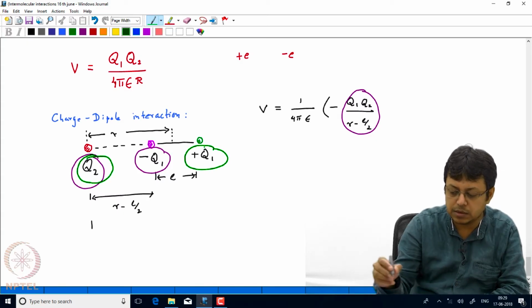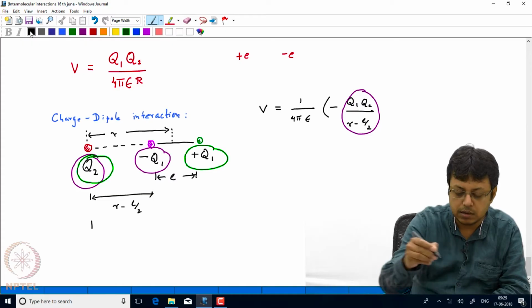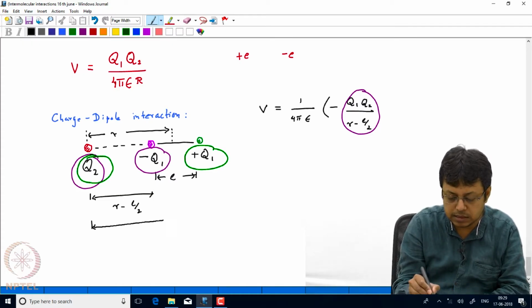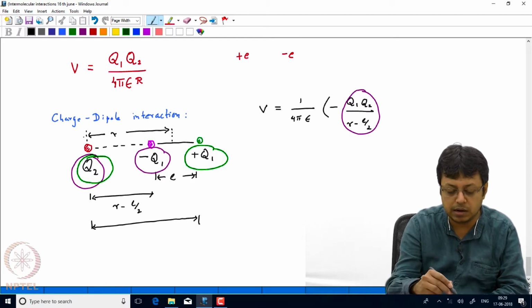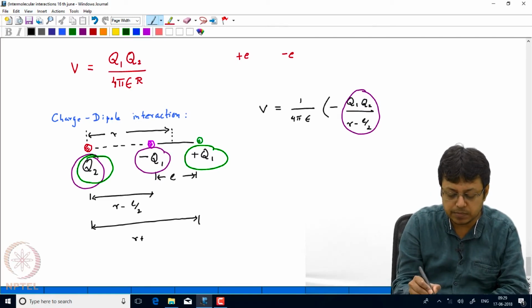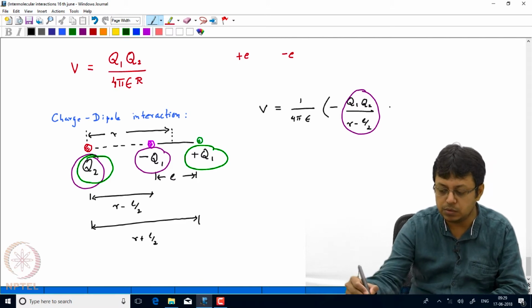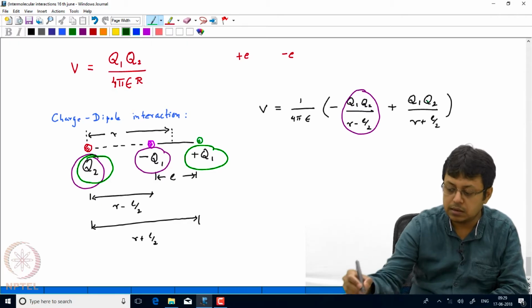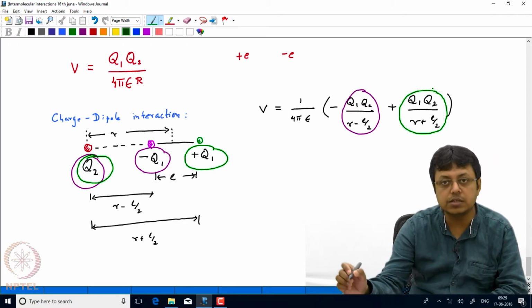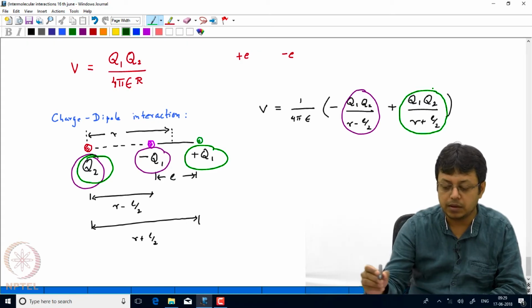and the plus Q1, which we are going to write, and the distance for that, as you can see, is up to here. So, this is r, the internuclear distance, the distance from the charge to the center of the dipole. So, it will be an additional L by 2 distance. So, the distance is r plus L by 2, and this time it is between Q2 and Q1. So, we are writing Q1 Q2 divided by r plus L by 2. So, this interaction is basically between the new charge and the positive end of the dipole, and then we can